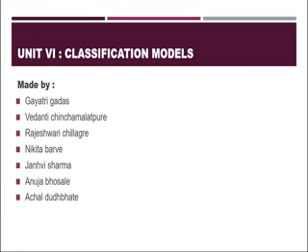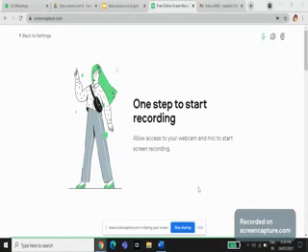Today we are going to study an important topic, that is decision trees. We will see a step by step approach to build decision trees. Let us start by knowing what a decision tree is. Decision trees are non parametric, supervised learning methods that are used for classification and regression. The goal is to create a model that predicts the value of a target variable by learning simple decision rules inferred from the data features.